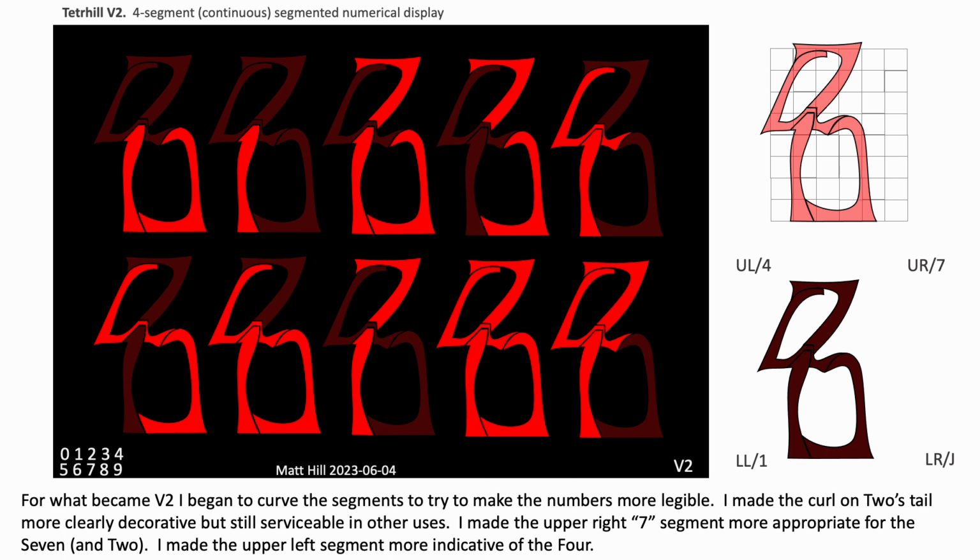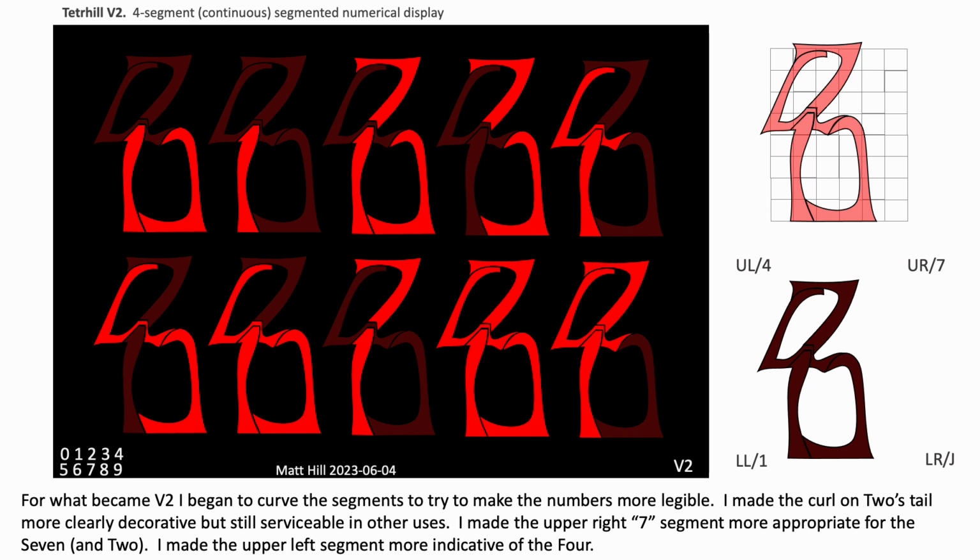I started to smooth out the shapes and to try to make them more reminiscent of the particular numbers, like the upper right segment, which is in the 7, and the 2 and the 3, trying to make it look more 7-like. And this helped a lot.